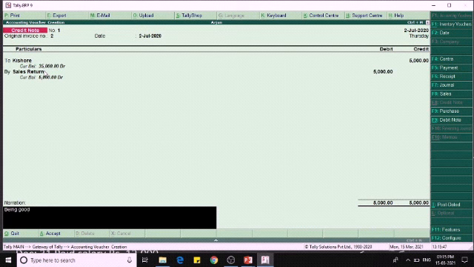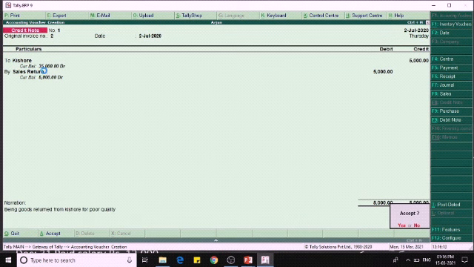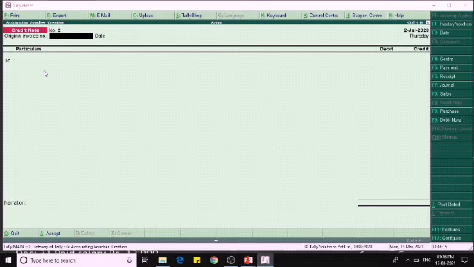Being goods returned from Kishore for poor quality. So due to poor quality, Mr. Kishore has returned some goods to us.